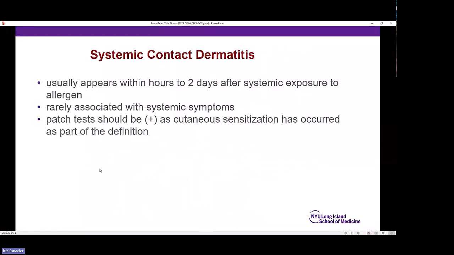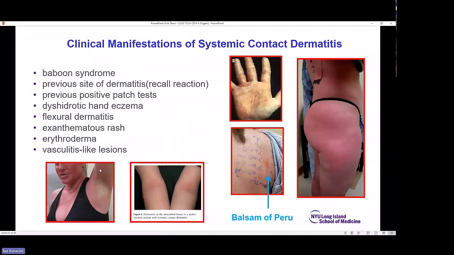This usually appears within hours to 2 days after the systemic exposure to the allergen. It's rarely associated with systemic symptoms. It does not cause anaphylaxis, but it can cause systemic dermatitis. Now, the patch test should be positive, as cutaneous sensitization has occurred as part of its definition. The clinical manifestation is varied. Usually, it could be generalized, such as this baboon syndrome you can see on the right side,